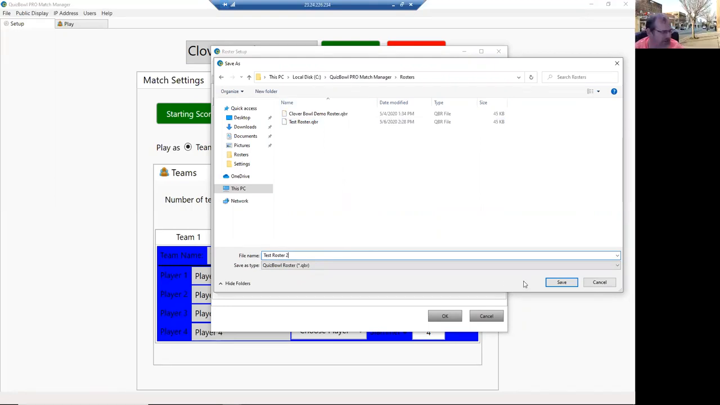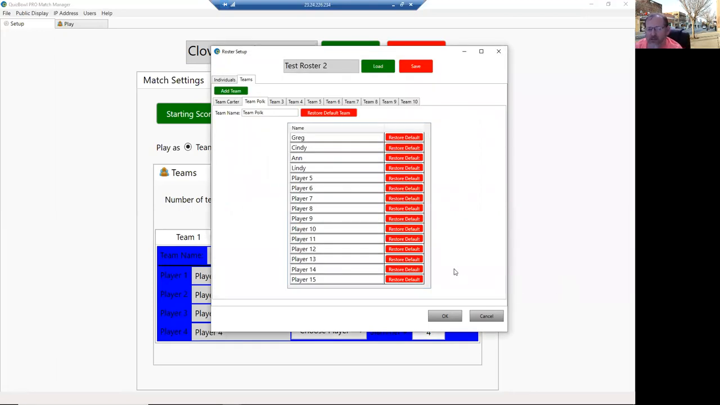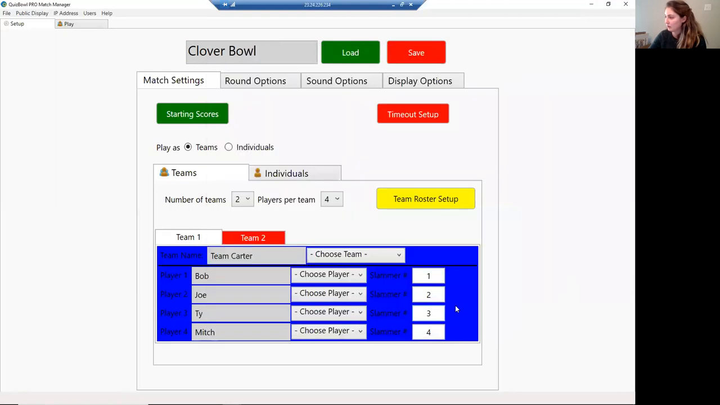And that could just as easily be 4th grade contest or something like that, whatever you want to change it to. So we're going to click OK. So now we have our team set up, but before we go back and play with this a little bit,